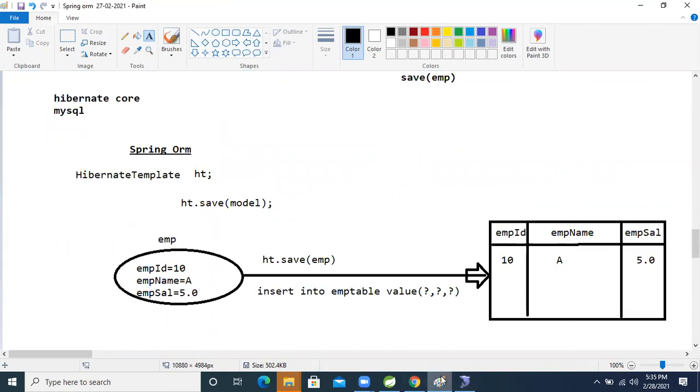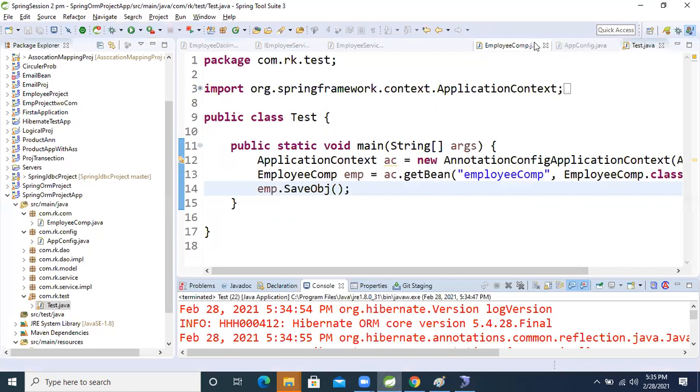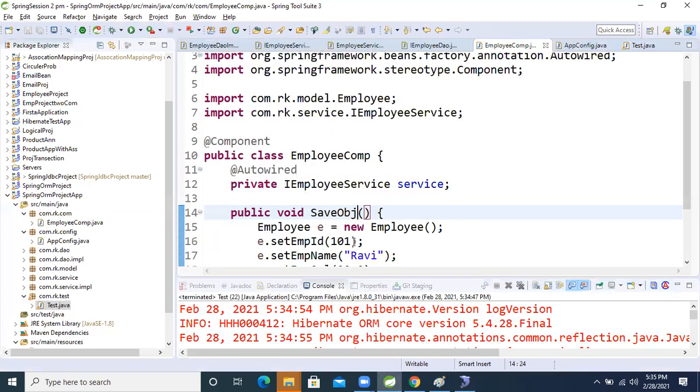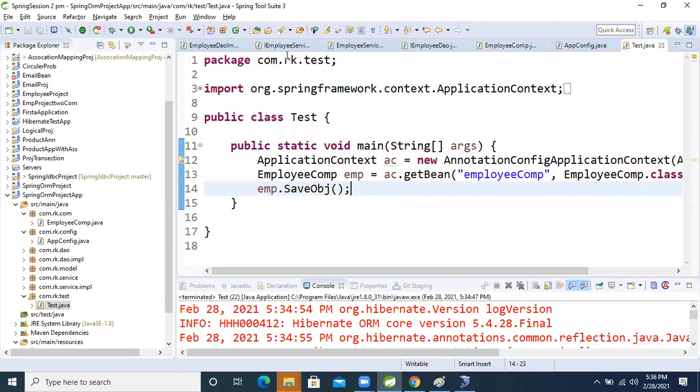Now I'm going to store multiple records. So come to EmployeeComponent. In the employee component, 102, here Pankaj, and just three, I'm taking three. So run this application again.